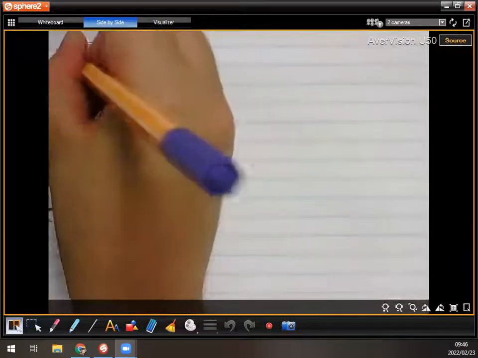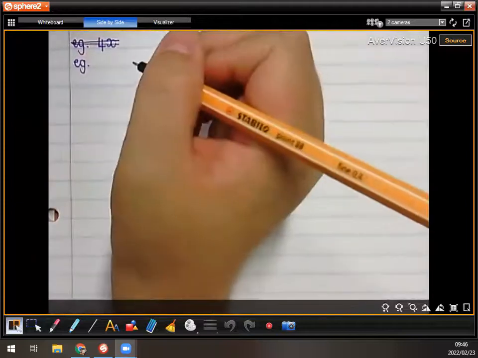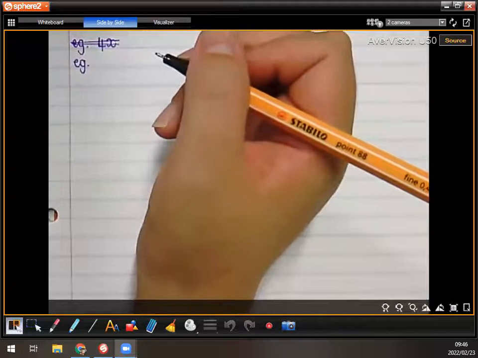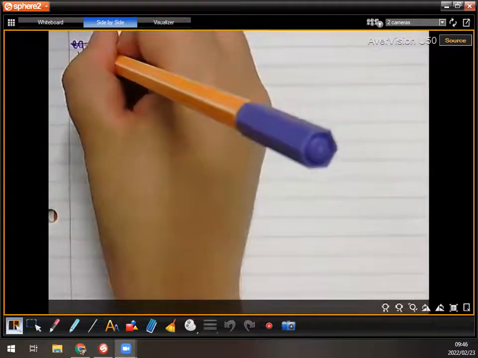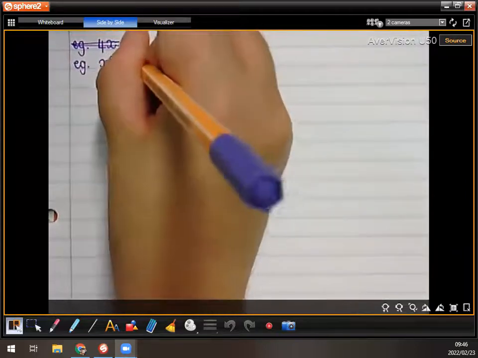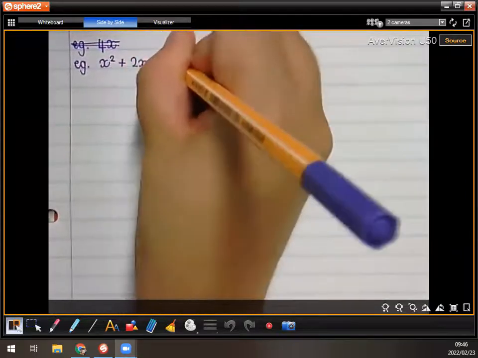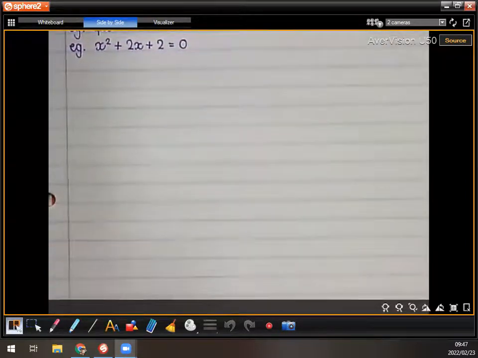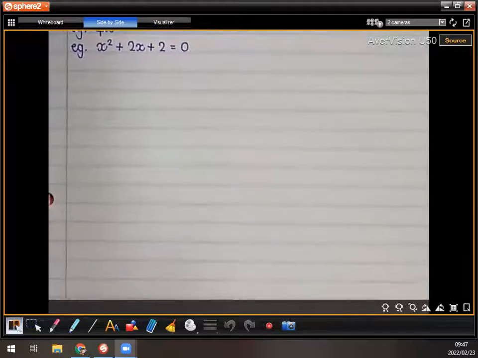Wait, don't write that down. Now, where do you buy batteries for calculators? Buy the batteries. No, x squared plus 2x plus 2 equals 0. That's the next one. X squared plus 2x plus 2 equals 0. Maybe it's like a ruler. Isn't it the same as a watch? Yeah,